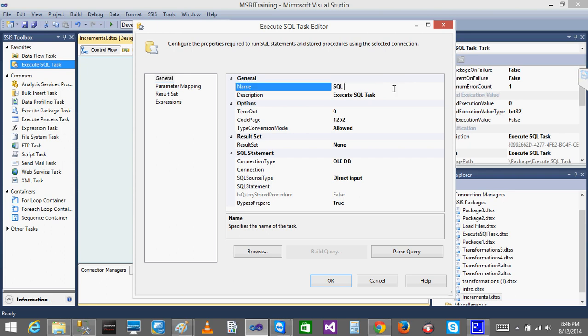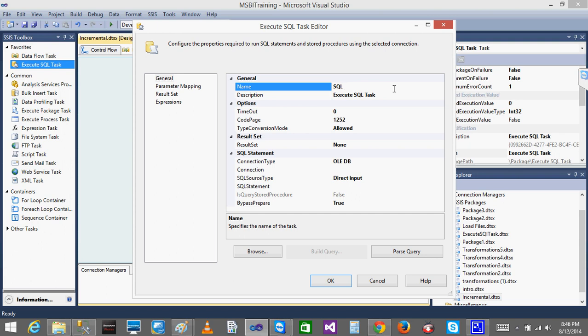I'll just write it as SQL space. SQL is that naming standard. You can write whatever you want according to it. Some people they write it as XCT, XST, means execute SQL task. So whatever, first it will have some standard. Later on, whatever name you want to give, you can give. It depends on the company. The companies want some certain standards to name each and every task. So in the previous company wherever they use a standard called SQL. In other company they used ESQL. Okay, every execute SQL task should have the name ESQL as a prefix, and after that you can have any name like this. It is a company standard.